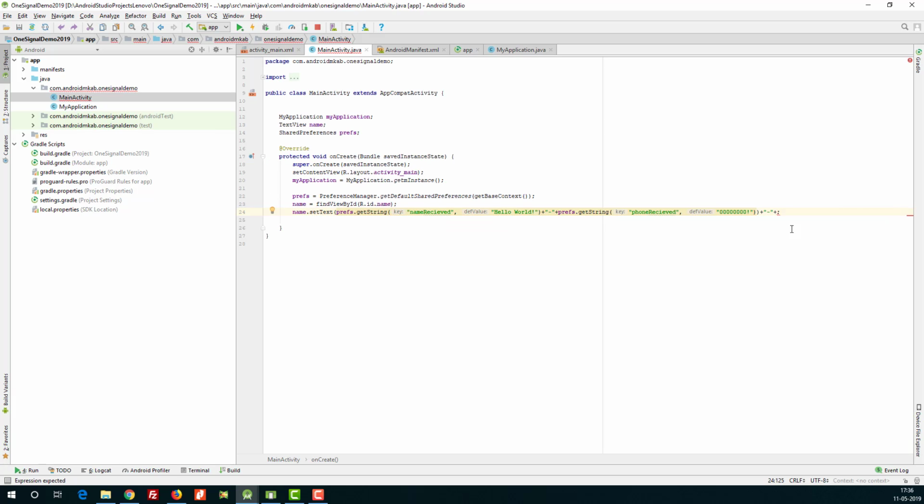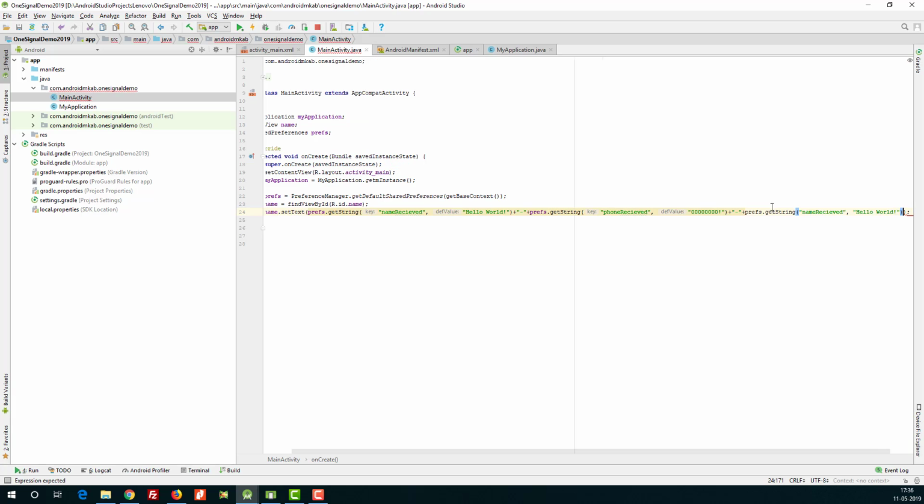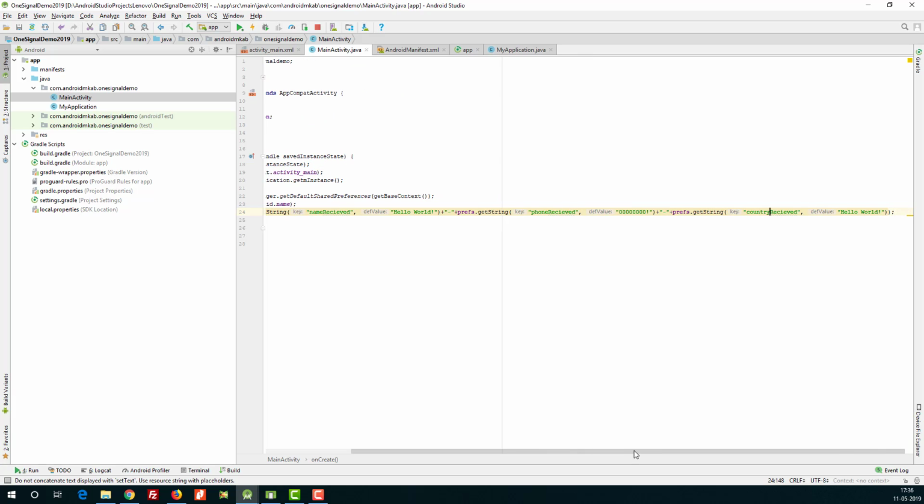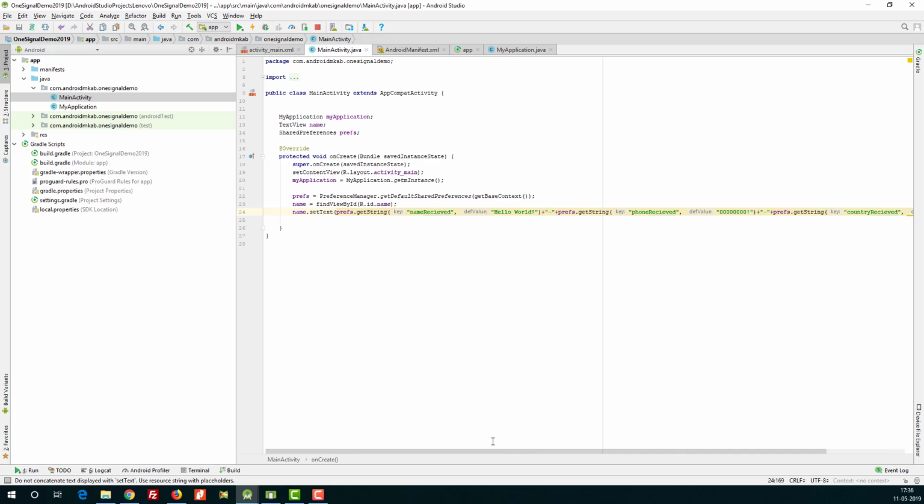Wait a minute, we have to do it inside this bracket, plus here country received, default value Australia. Okay, everything is fine. Now we will run this one.